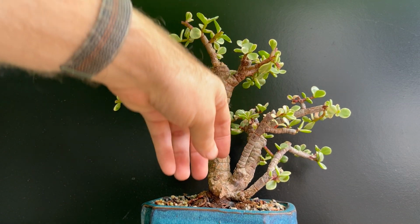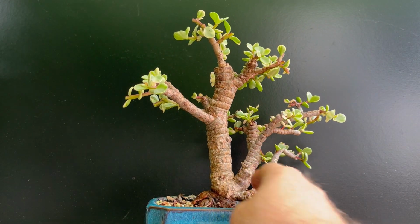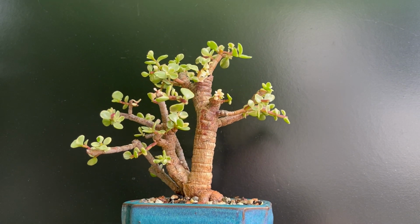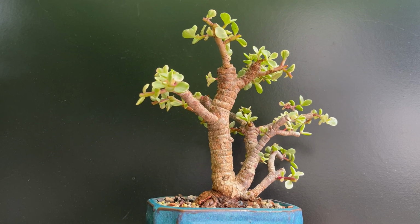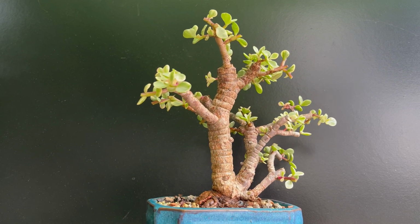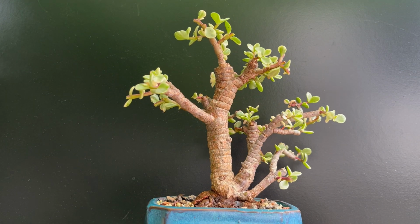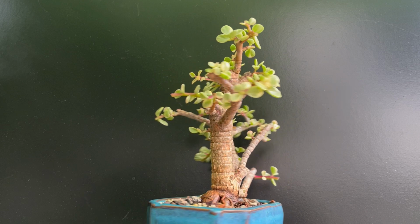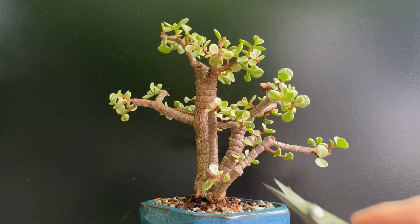I've often thought about taking this main branch off. That main trunk is really kind of tall and straight. And then I've also got this one that, if this is the front, there's this other kind of parallel trunk that doesn't add anything right here. It's not very interesting. So I've often thought about removing that. That's a bit easier decision. I think the main trunk is a gutsier move, but